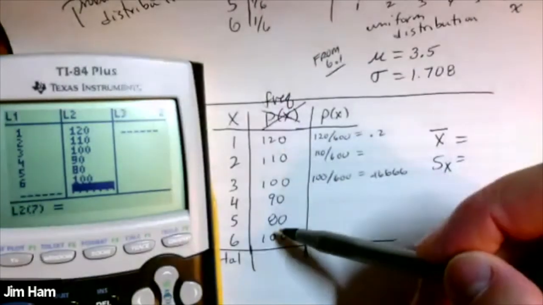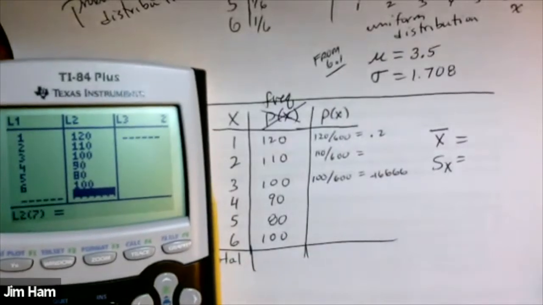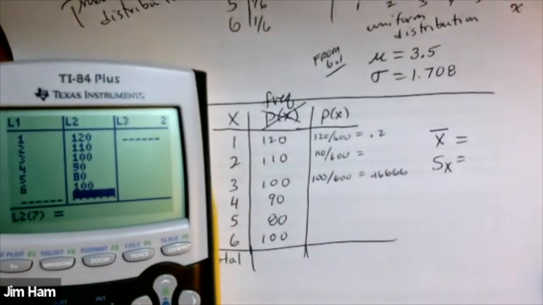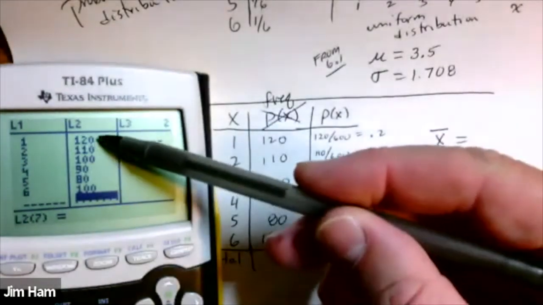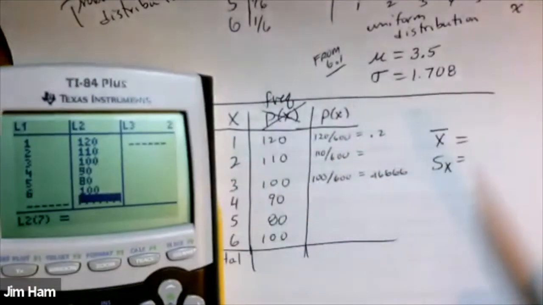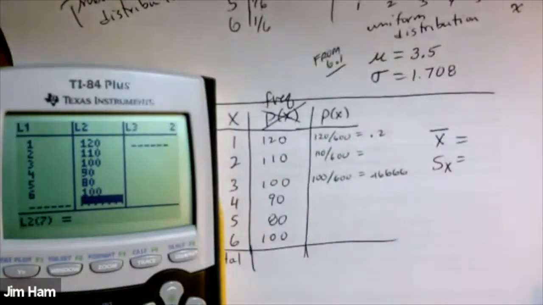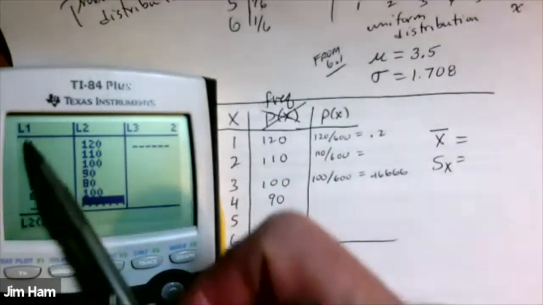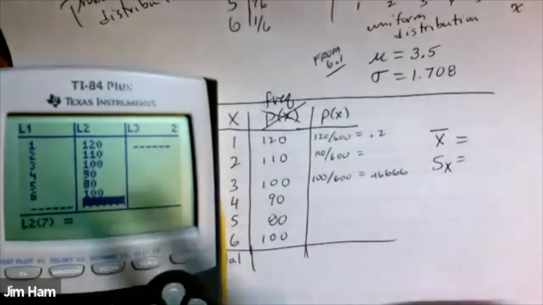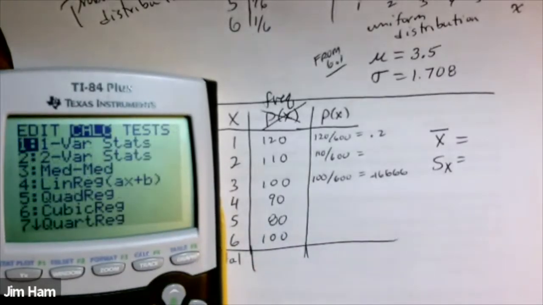Just like you see here. Now I could calculate the probabilities if I want, but we don't have to do that here because these are frequencies, and we know how to calculate the mean of frequency data like this. This is our outcome list, the possible rolls, and these are the frequencies. So we can just go ahead and do one variable statistics again,